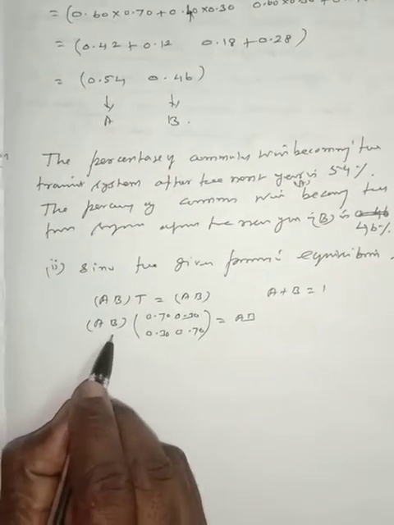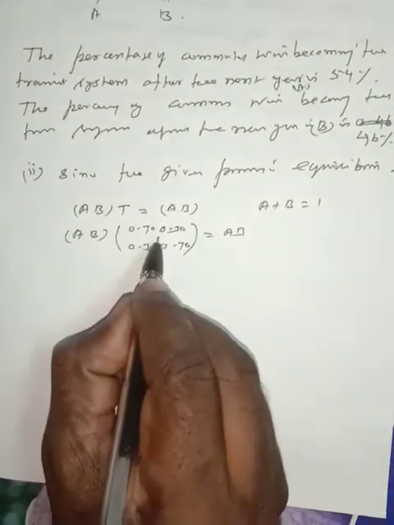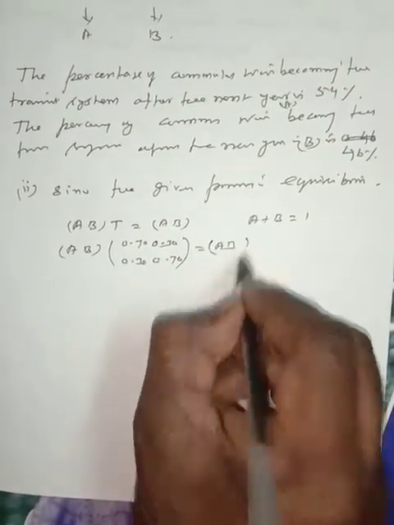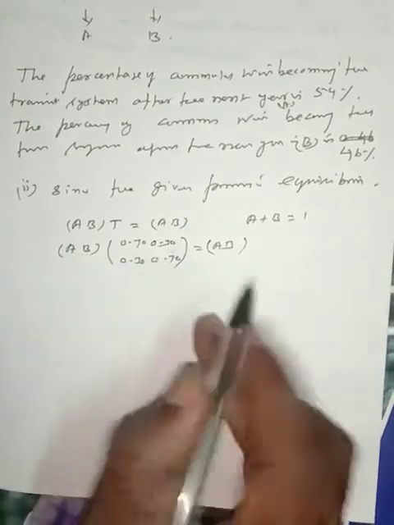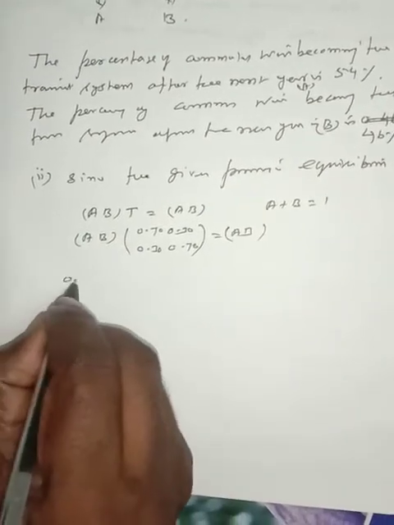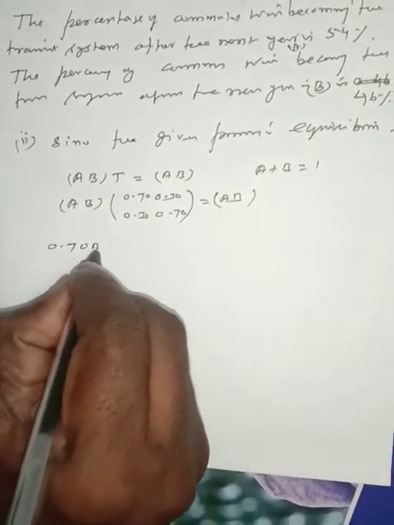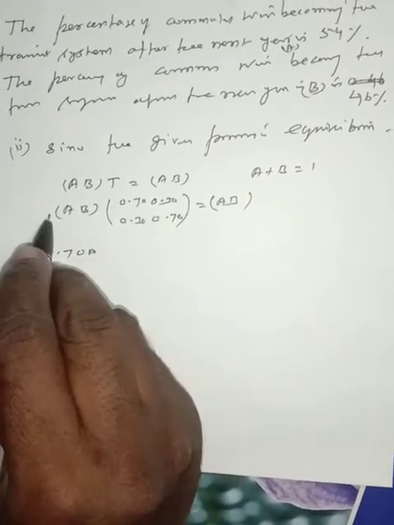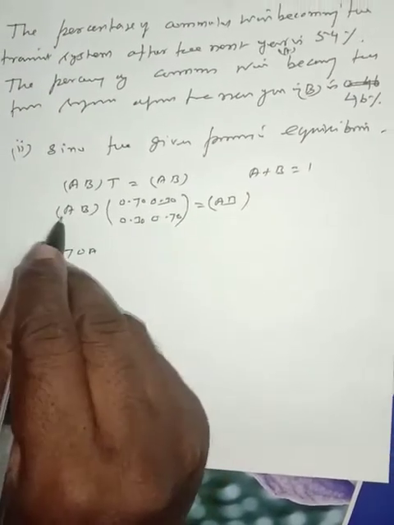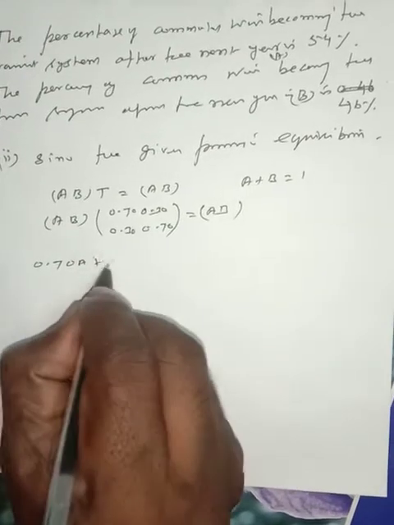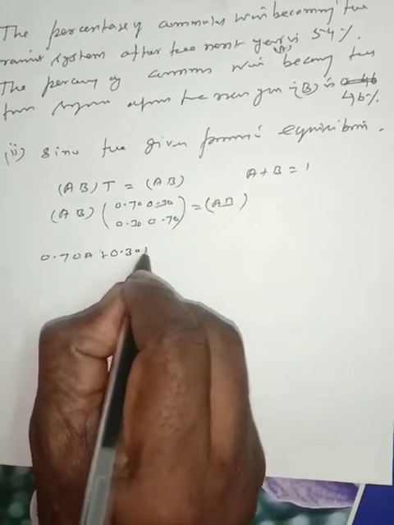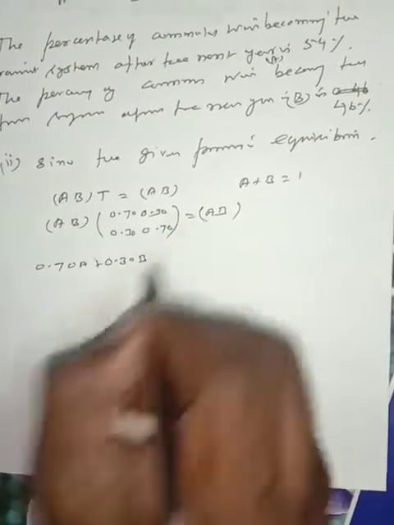This is a 1 cross 2 matrix, this is a 2 cross 2 matrix. The product gives a 1 cross 2 matrix. So 0.70A plus 0.30B is equal to the first entry,